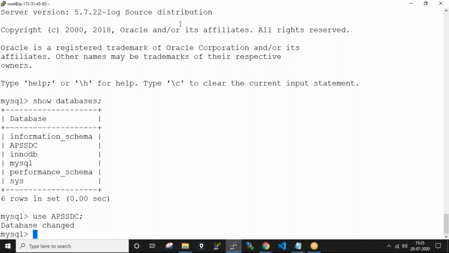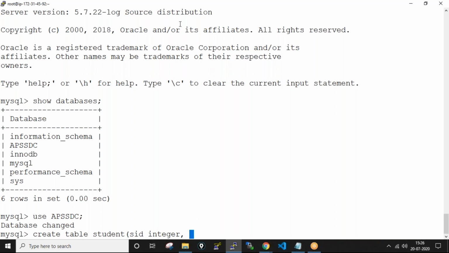For that, we can create the database table. Create table, name as student, and SID, which is integer. Versions take different values: some versions take integer, some versions take int.